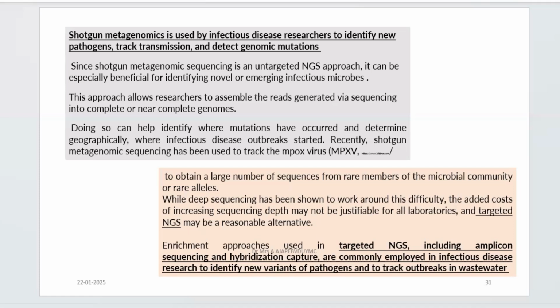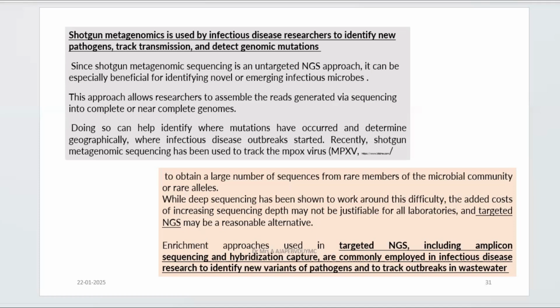Similarly, when you are talking about a large number of sequences, some are from rare members, because commonly, say if you are looking at microbes associated with water contamination, E. coli is going to be there in large numbers, right? But there are certain rare species, so you have to find out what rare species are also part of that community. So when you have a large number of sequences from rare members of a community or rare alleles of those sequences, then there is a challenge. And there you have to go for deep sequencing methods.